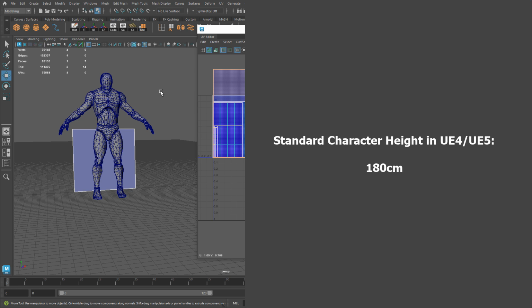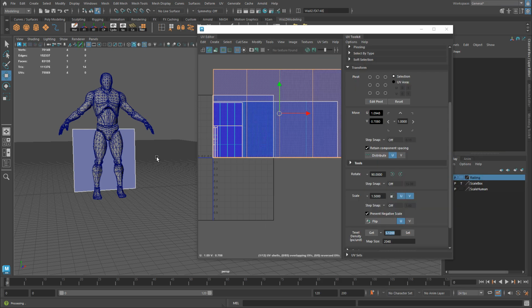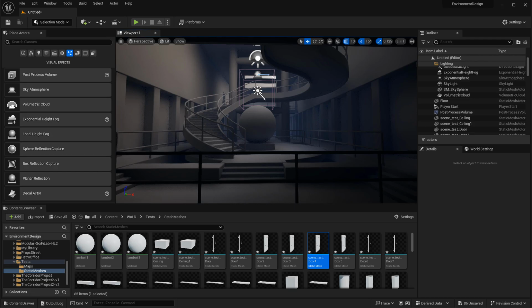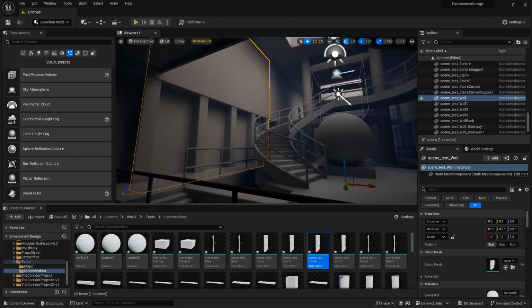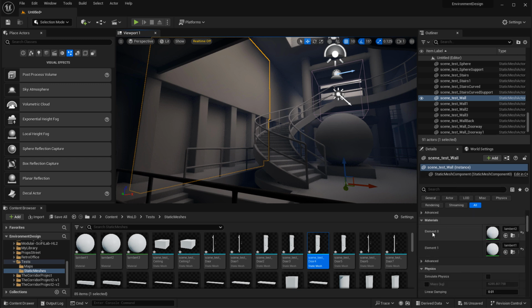And that should also help you to determine what texture resolution you should want for every meter of your world space. Now let me touch on having different material slots on static meshes. I do have multiple material slots on certain static meshes here. So for example, this wall, if I select this static mesh and inside the details panel, I have material slot